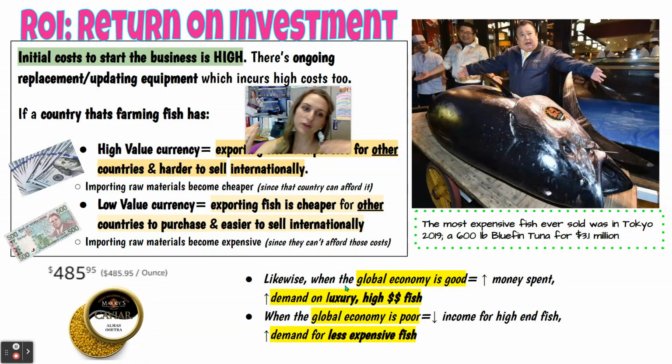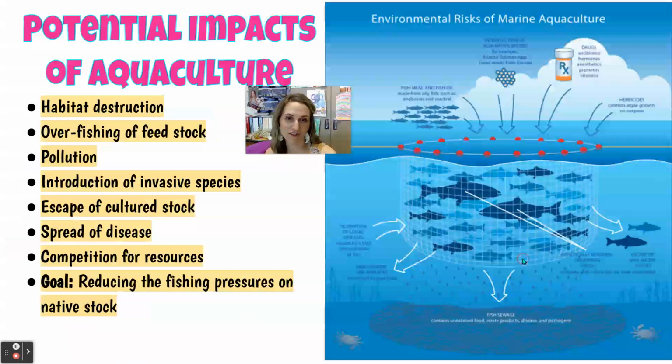But likewise, when the global economy is good, more money is spent. You can spend more money on luxurious things, and you can farm high-end fish. When the global economy is poor, there's less disposable income to buy your $500 caviar. You can even do subscribe and save on Amazon. Get a little bit cheaper. And there's a high demand for less expensive fish. So it kind of depends on what your market's doing and what kind of fish you're going to choose to